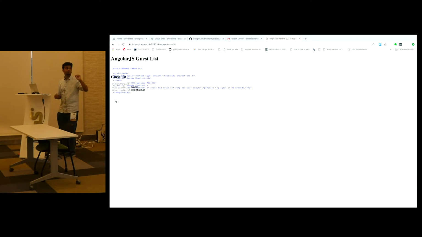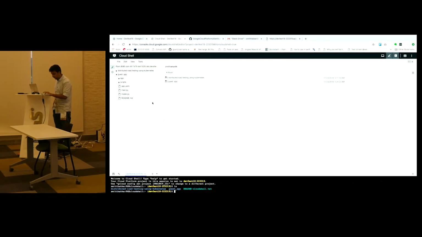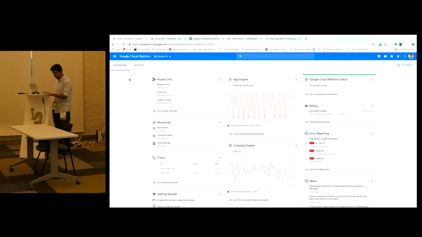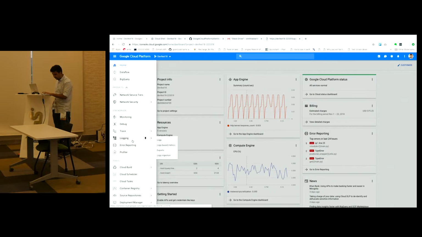I want to debug this code in production, because the stack trace in the error page where error reporting is happening is not very helpful. I want to see the values of variables, or do some stuff live. So all you have to do is go to this sidebar, click on debug,